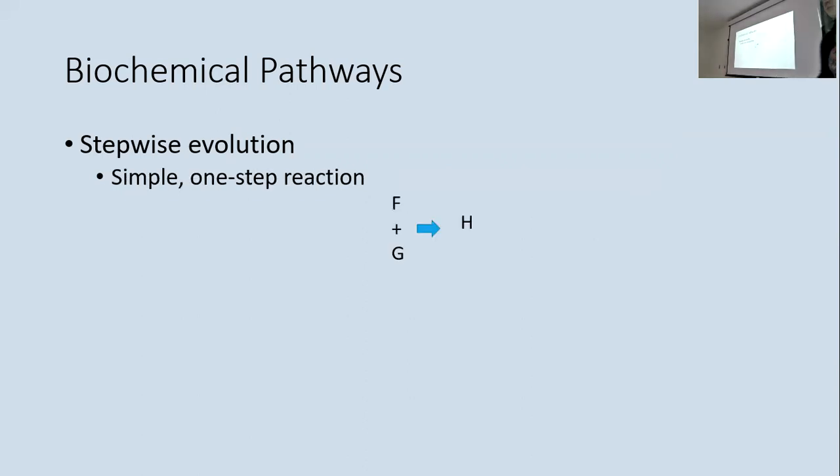So for example, a simple one-step reaction. Maybe we imagine some little single-cell prokaryote somewhere in some little puddle, doing its thing. And to survive, for whatever reason, it needs this substance H. To get H, it's got a little enzyme that'll take F and G and turn it into H. Cool, happy little cell doing its thing. Well, what if this cell does really well, proliferates in the environment, and they consume all of F? Well, crap. Who's going to survive? If there's no F, we all just die because we need H, unless